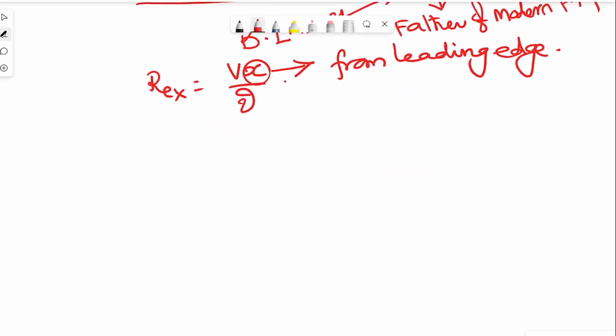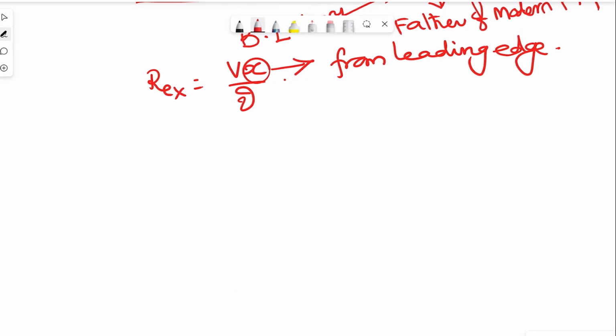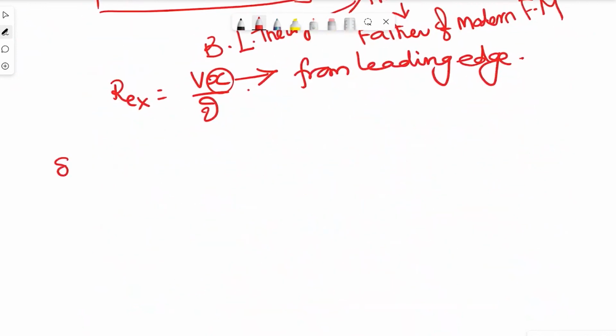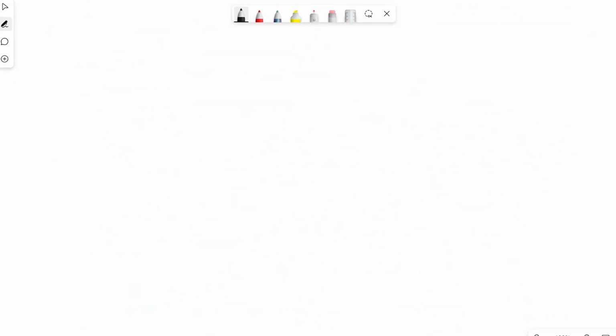Right. Then the next point. How many points have we finished? Seven. So the eighth point. We have discussed how to calculate the thickness of the laminar boundary layer, and how to calculate the shear stress at a point in the case of a laminar boundary layer. Now we will take how to calculate the drag force,